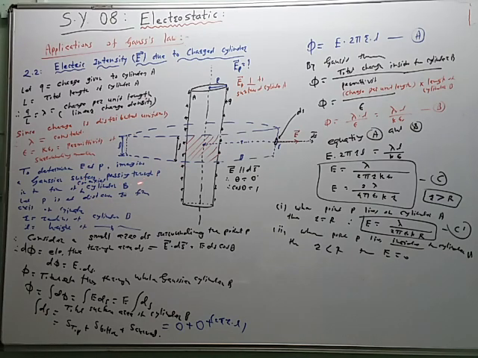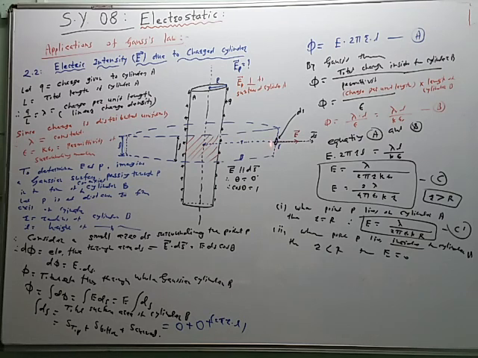Imagine a Gaussian surface passing through the point P. So that imaginary surface is in the shape of a cylinder. It is a coaxial cylinder. The axis is the same, radius is r, and height is L. So L is less than capital L. r is greater than capital R because the point must be outside the cylinder. And therefore, this is the imaginary cylinder of radius r and height L. So we have to determine the intensity at point P.